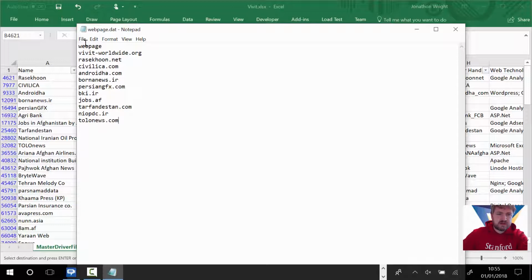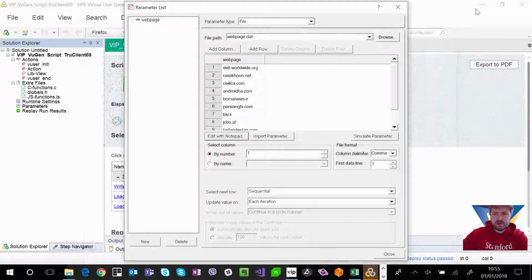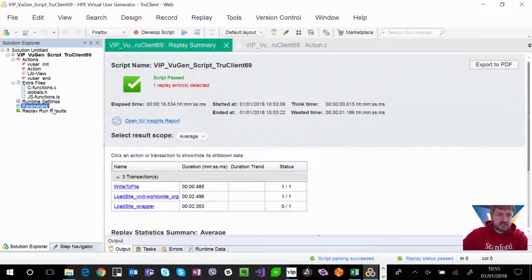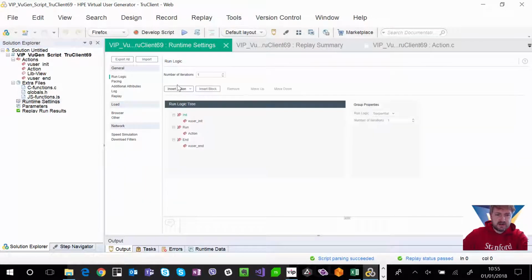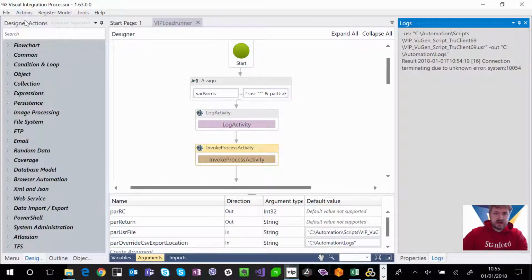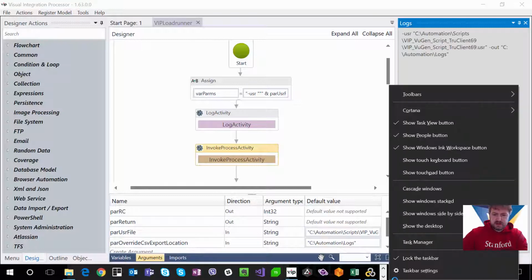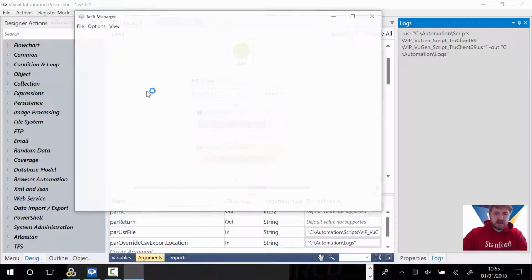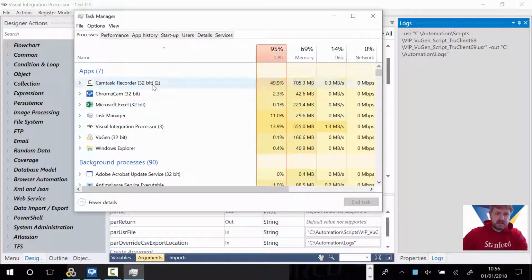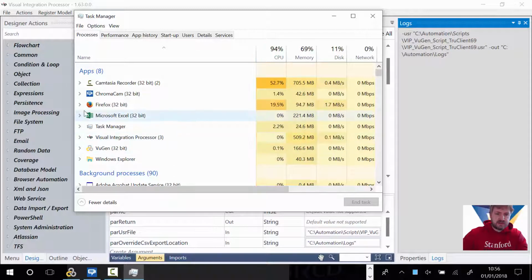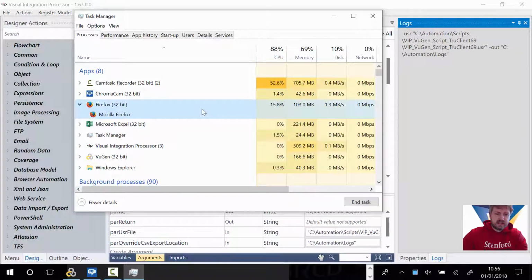Right, so now I'm going to run those 10 websites, but also what I need to do is quickly change the runtime settings so that it's going to run 10 times round. But again, I'm not going to run this from the Virtual User TruClient. I want it to run at the command line. So again I'm executing that same script, and what we should see in the background is a whole stack of Firefox browser proxies running in headless mode that will spin up and execute each one of those websites sequentially until it's executed all of the 10 web pages that I've passed over to it.